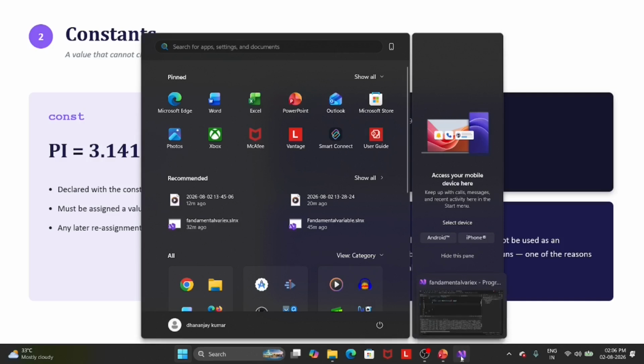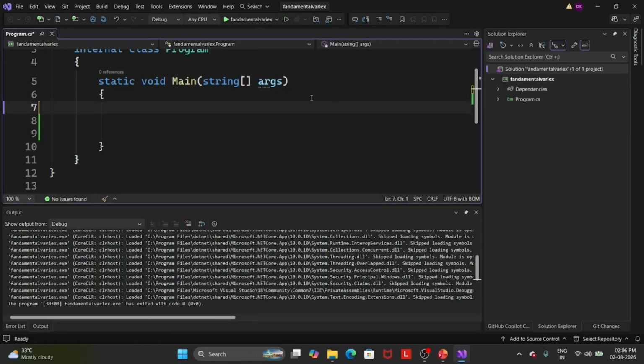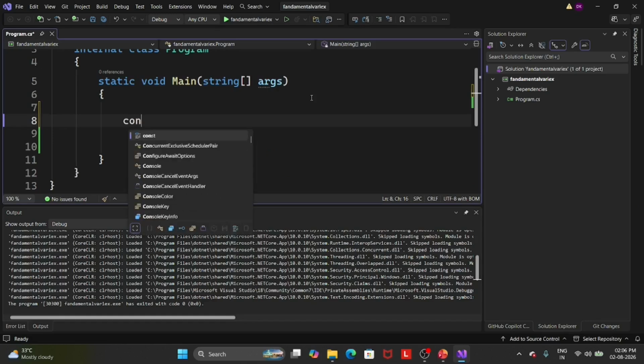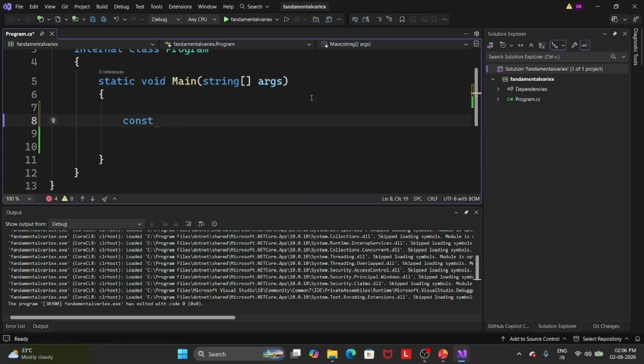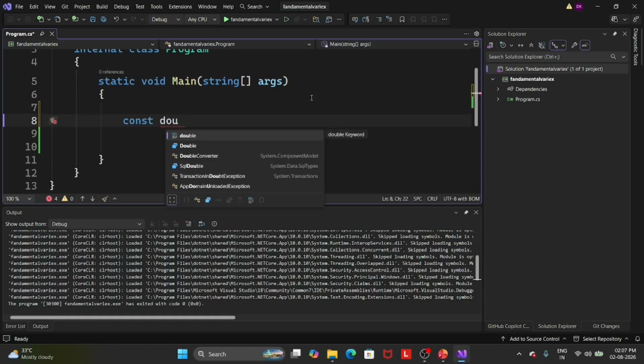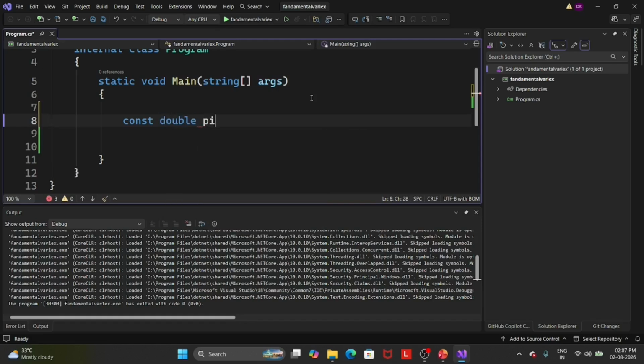Simply, we take an example. We use const, and whichever type of value we want to store in the constant variable. So a double type, and then we use pi, and the pi value is 3.141.